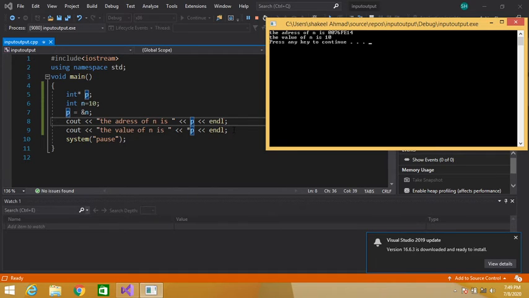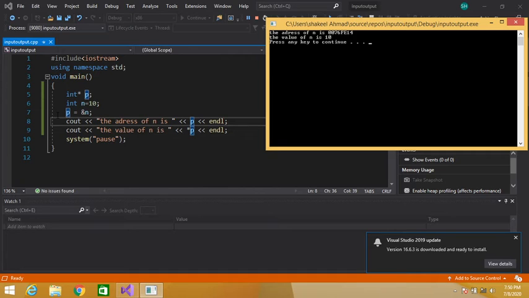But what can we do if we want to store the address of each type of variable in a pointer? Then we can use a void pointer. A pointer variable can store the address of any type of variable if it is declared as void.